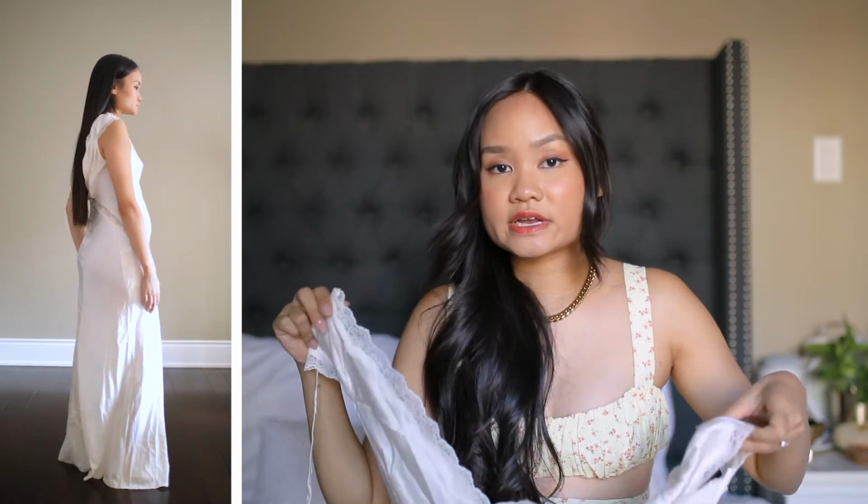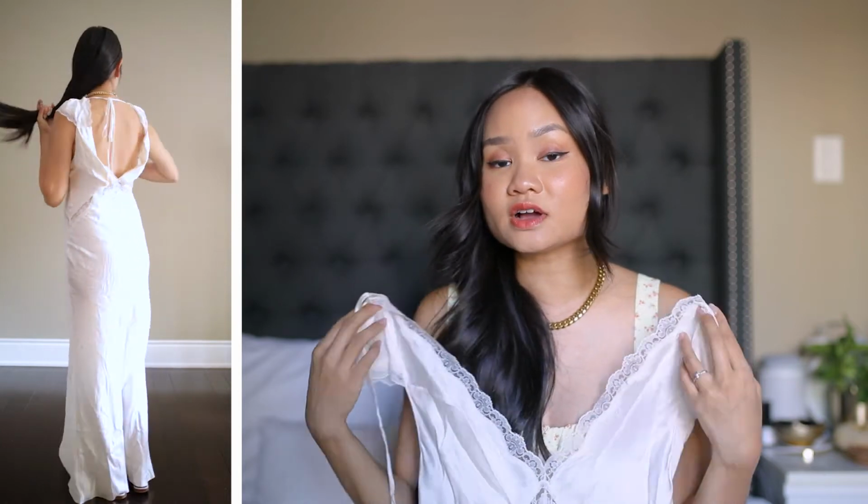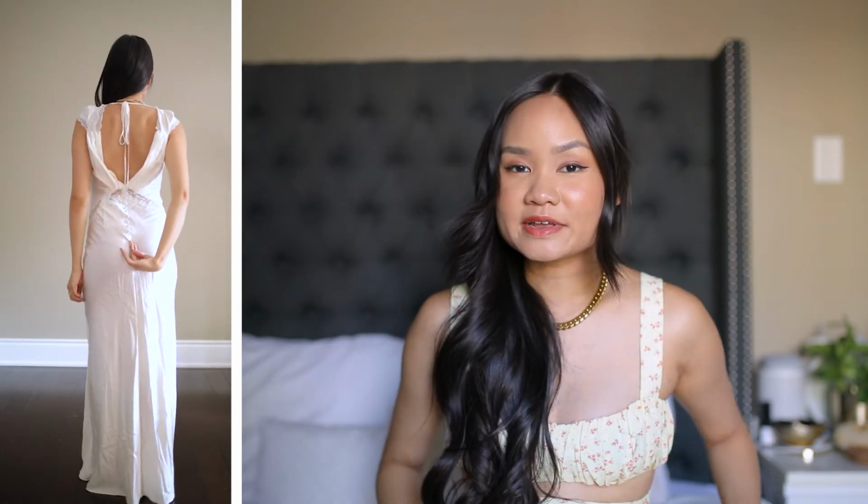I was actually considering getting this as my wedding night gown, even though I just said I don't really wear a lot of lingerie to sleep at night. It is just so stunning. I think this one is actually 100% silk on the body. It is extremely soft, but after I tried it on, I realized I might actually keep this dress